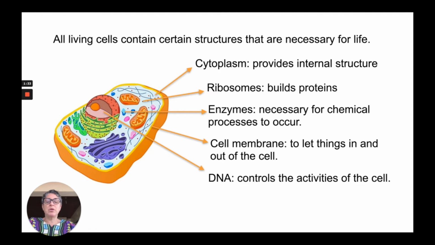Something called a ribosome, which is going to build proteins. That is how we get more cells. Enzymes, which are necessary for chemical reactions to occur. Without them, things would happen too slowly inside our cells and nothing would get done. We have a cell membrane, which lets things in and out of the cells. That is oxygen, glucose, carbon dioxide, etc. And there's also DNA, which controls the activities of the cells and has the instructions to build